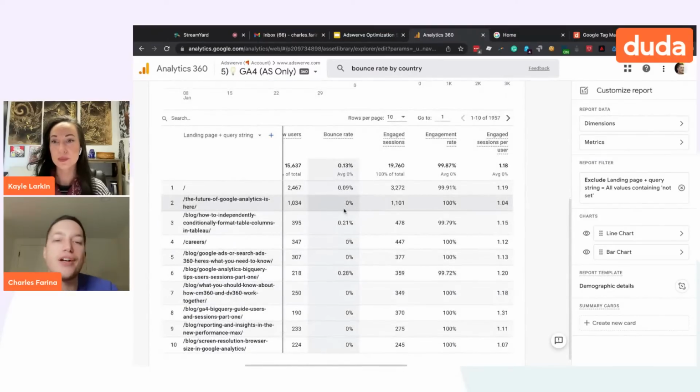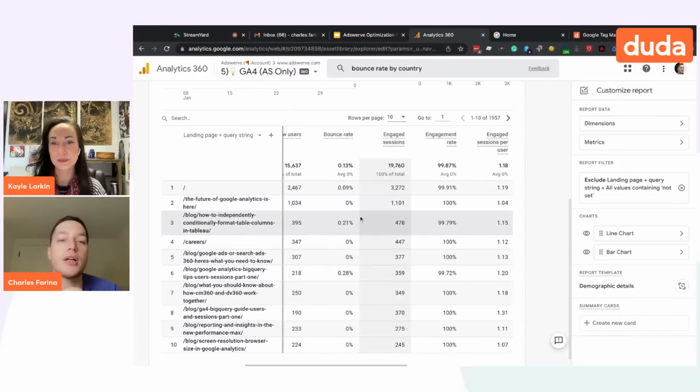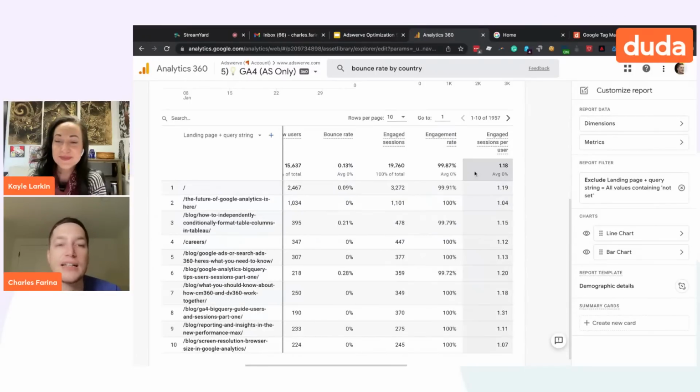So this was a very long way of showing that Google Analytics 4 now has a lot of customization, where they have a new way of thinking about engagement. But in addition, they still have your classic bounce rate. But if you're a marketer and you want it, you have to go through this new customization option. And Kayle, I know you wrote a really great article that we could probably share in chat about exactly how to customize these reports and add bounce rate to them.